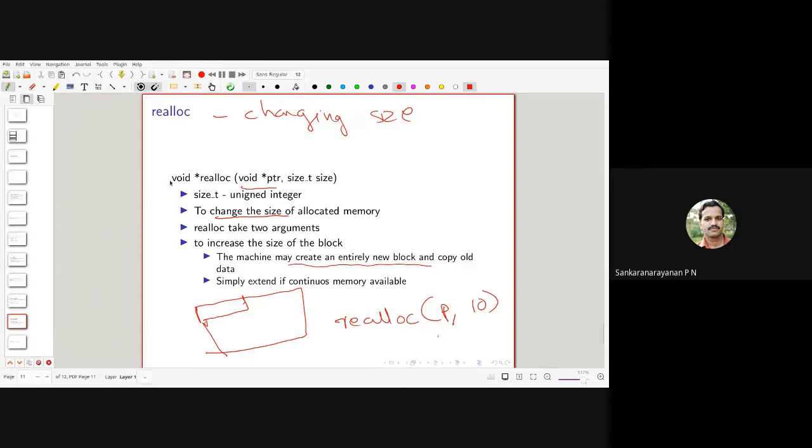Sometimes the following space may be used by some other variables.